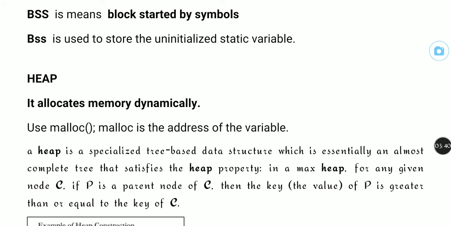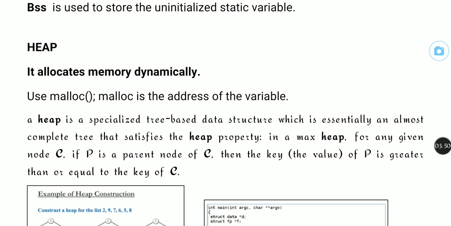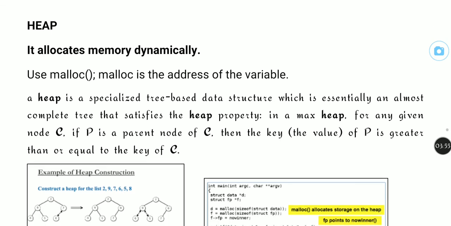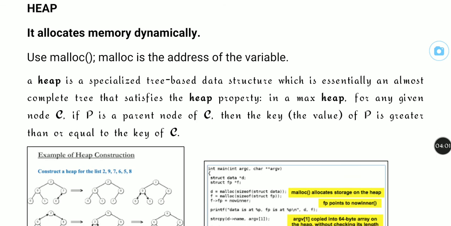Heap. Heap is memory allocated dynamically. Heap has an allocation of memory dynamically, using malloc, which returns an address. Heap is a specialized tree-based structure which is essentially an